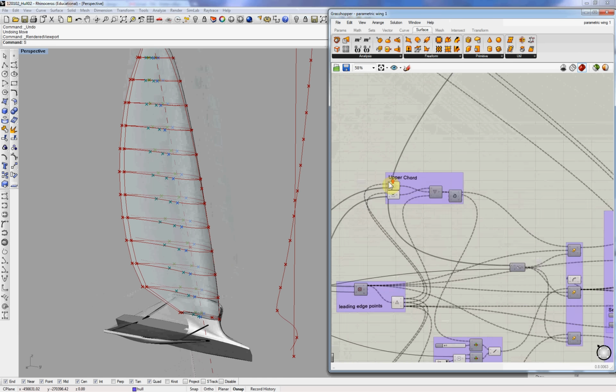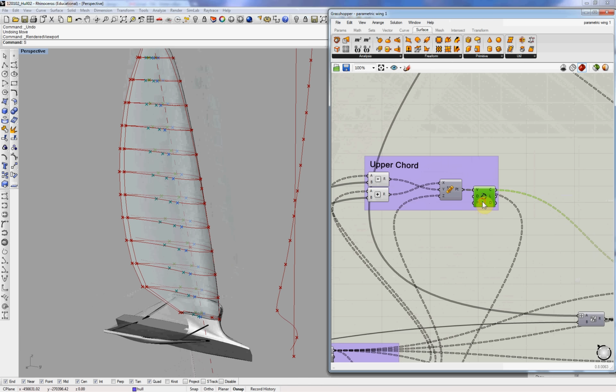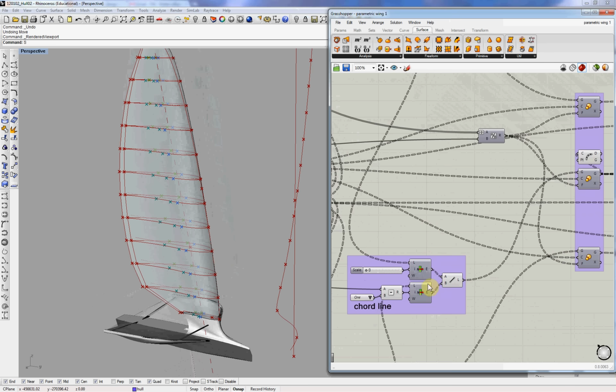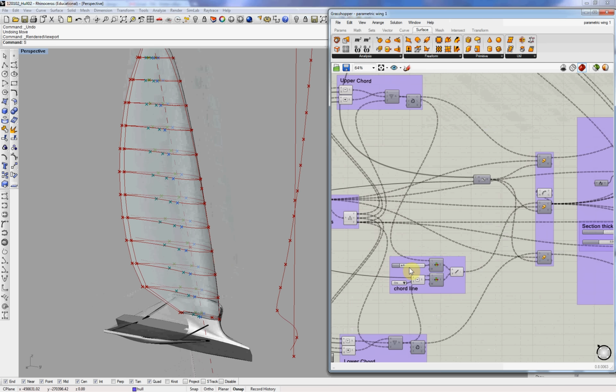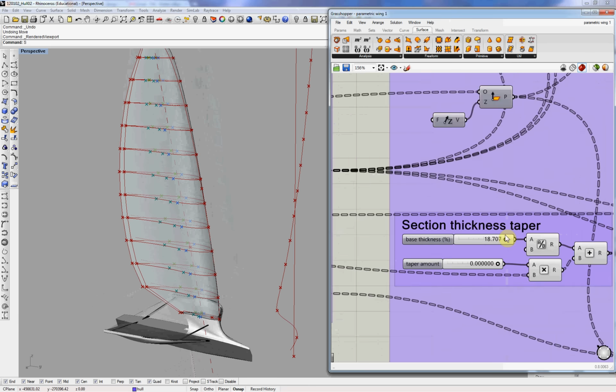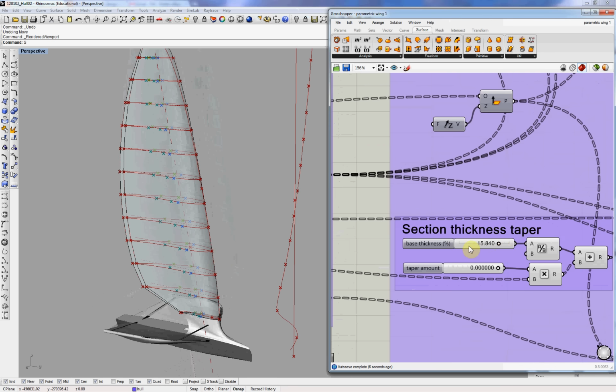You model like you would normally, except everything you do, every command, is one of these little components, and you can arrange the components in a particular order. But then the beauty of it is you can rearrange it, you can go back, and you can adjust parameters that apply to the very start of the modeling process, and it will immediately refresh and update the finished